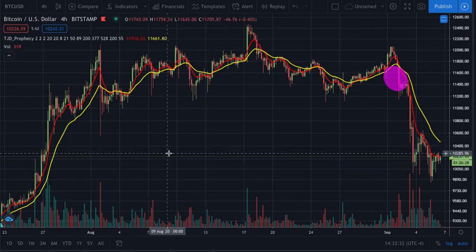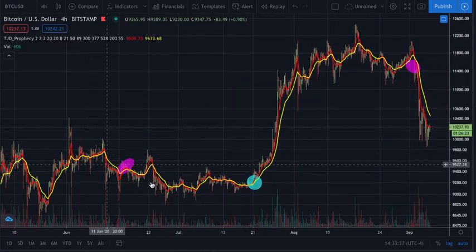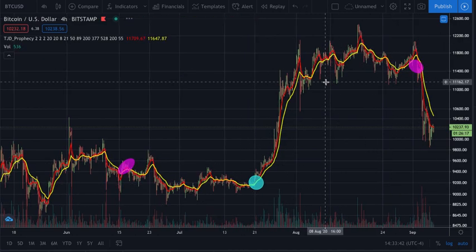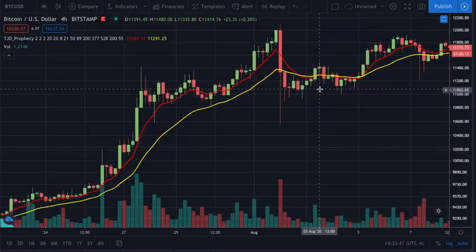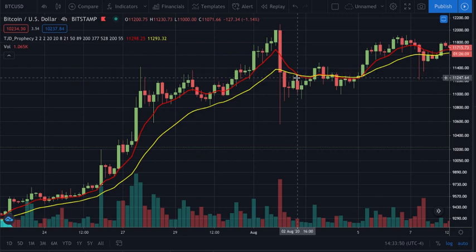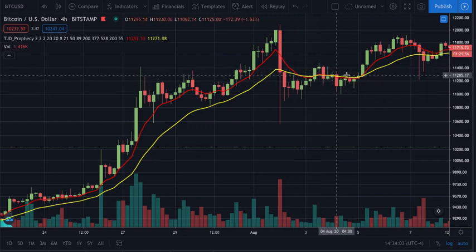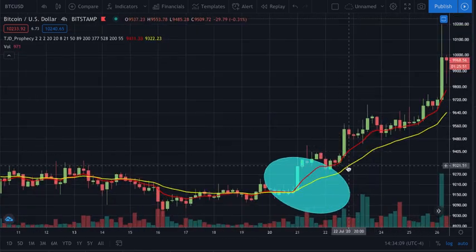All right, sweet. So while we're on the 4 hour now, you will notice that we still have our circles drawn from the daily. And those are overall telling us the predominant trend. But now inside of that trend, we're going to see a little something different because we're on a shorter time frame. We actually confirmed a cross on the 4 hour. So that was a cross down, that was a cross up, that was a cross down, that was a cross up. While this is much more dynamic, it's also much more choppy, because you might have entered and exited at a loss multiple times through here,